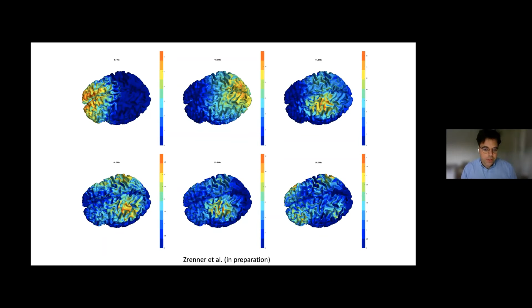We then looked at where different oscillations are coming from. This is a brain at rest, and we can see that there is a theta oscillation at sort of 6.7 hertz located in the mid-frontal region. There's an occipital alpha here in the middle on the right, and then there's the sensorimotor mu alpha. There's a beta oscillation, there's a harmonic of the mu, and then there's a 28 hertz frontoparietal oscillation, which seems quite interesting, but we don't really understand how that comes about yet.